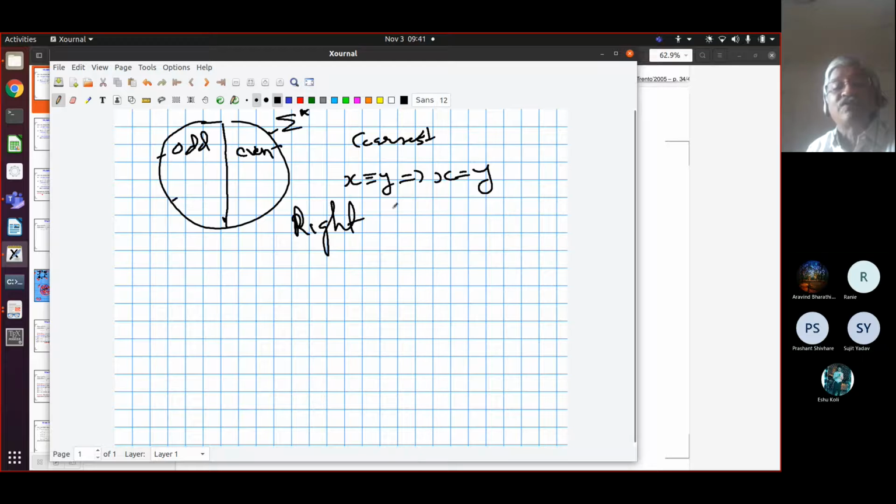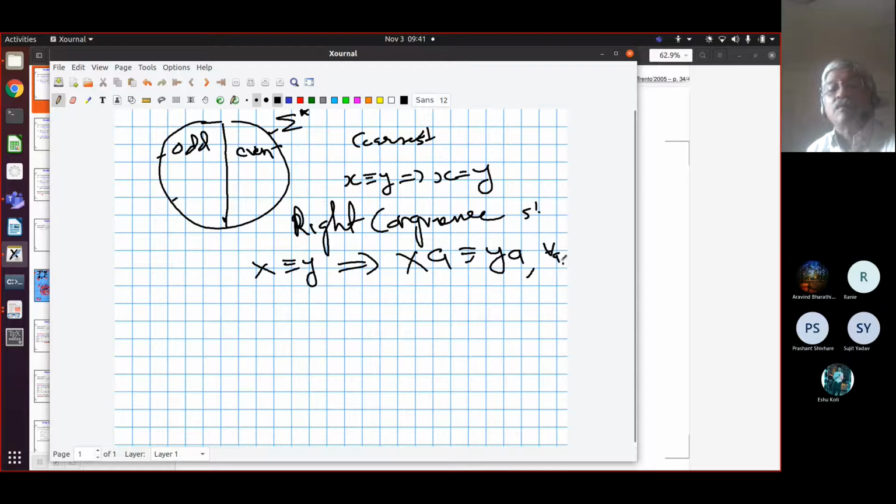Not all equivalence relations are right congruences. Right congruences are those equivalences such that if x is equivalent to y, this implies that xa is equivalent to ya for all a. So if two words are equivalent and you extend both strings with a single letter, they will remain equivalent. Extending further with a letter, this will also imply that for all z, xz is equivalent to yz, right?